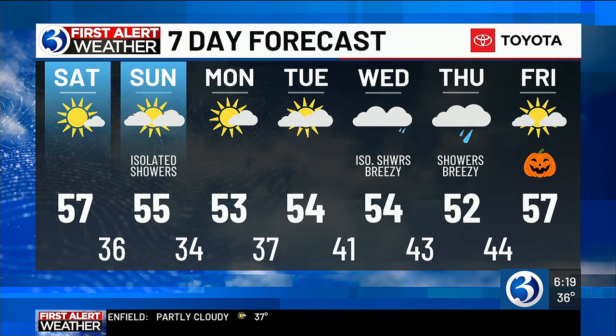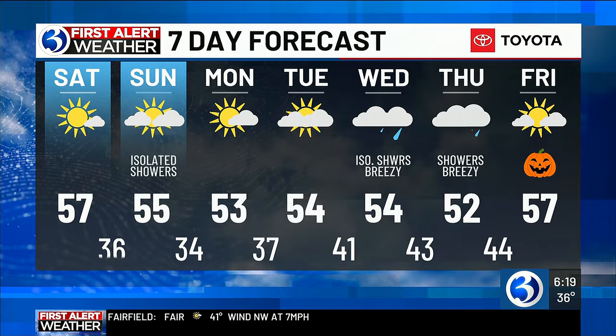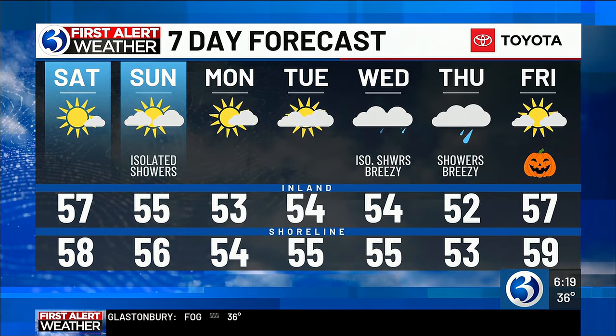Worst case scenario, we had a few showers early Friday for Halloween, but not keeping it in the forecast for the evening hours. Let's knock on some wood. Let's hope that forecast sticks around. But we'll